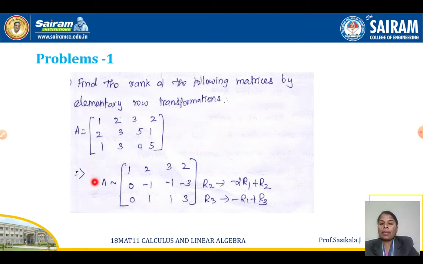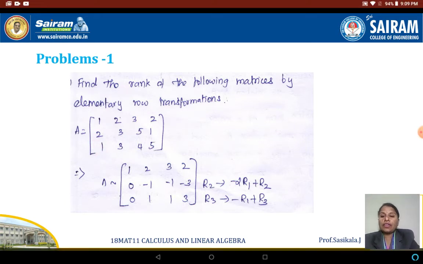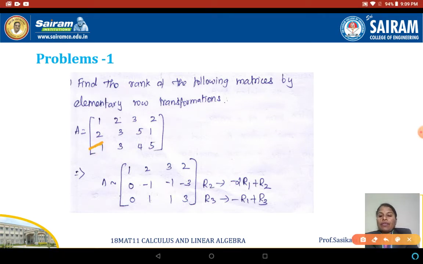So A will be, this is called an equivalent matrix, because we are doing row elementary transformations, so it will not be equal, you are supposed to use equivalent. The first row we are not going to touch, it remains the same: 1 2 3 2. Then the second row I'm going to make 0. When converting to 0, 2 is there, isn't it? To convert to 0, I need a -2. Then this position will automatically be 0.